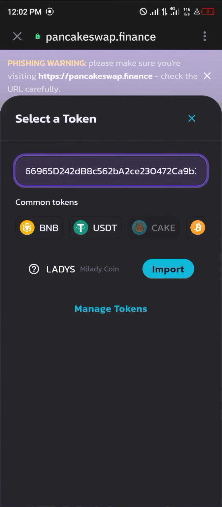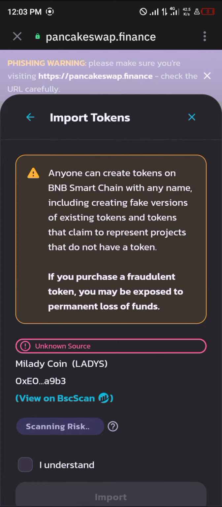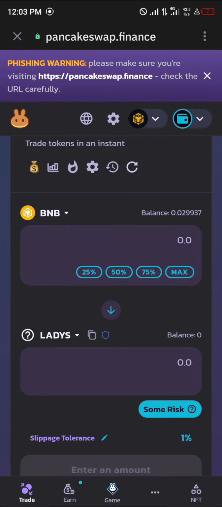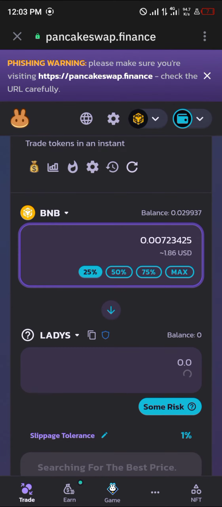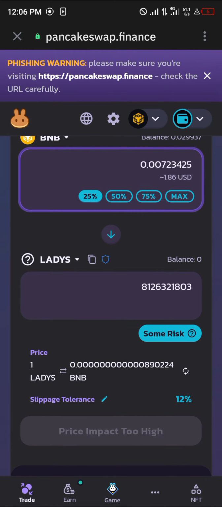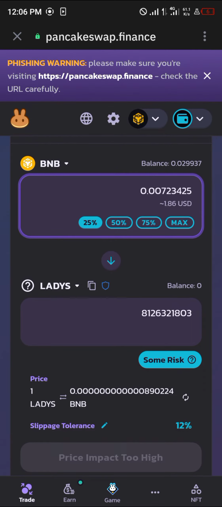Once you've pasted this contract address, click on Import, click on I understand the risk, and click on Import once more. Once that's done, enter the amount of BNB you wish to use to gain some of the LADYS coin. And once you've entered the amount of BNB you wish to convert or swap into the LADYS meme coin, simply click on swap and confirm the swap, and you get your LADYS meme coin on your wallet,